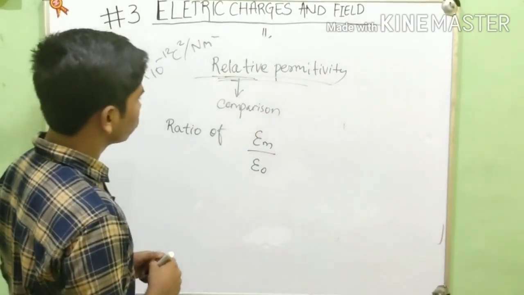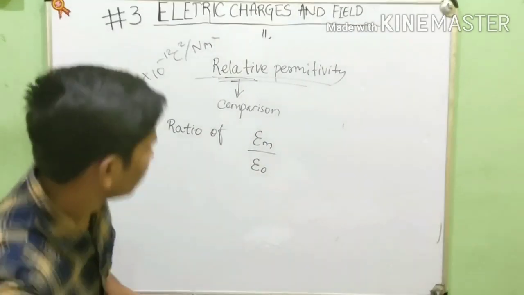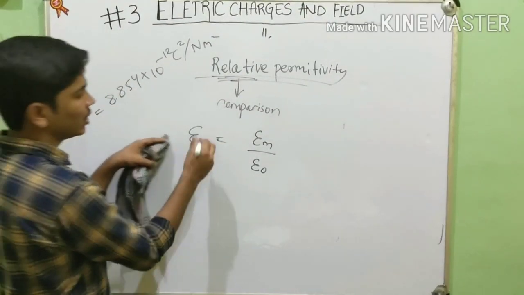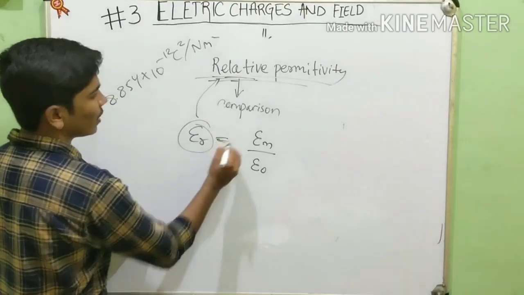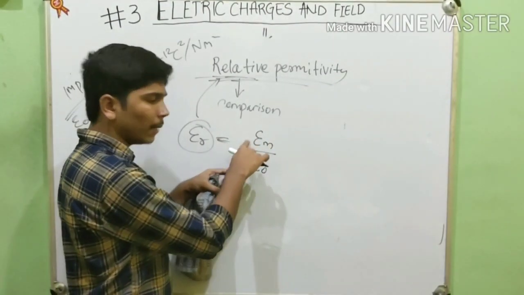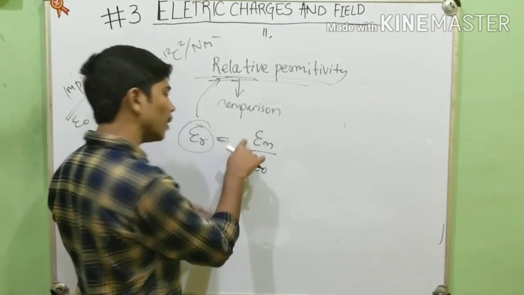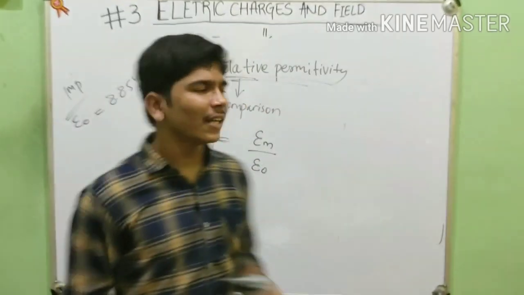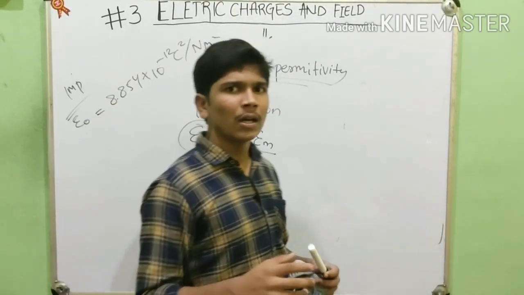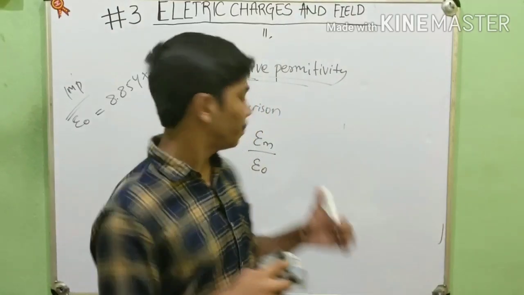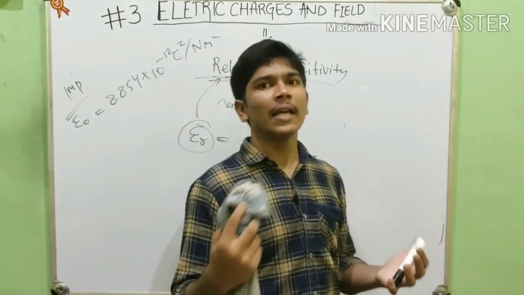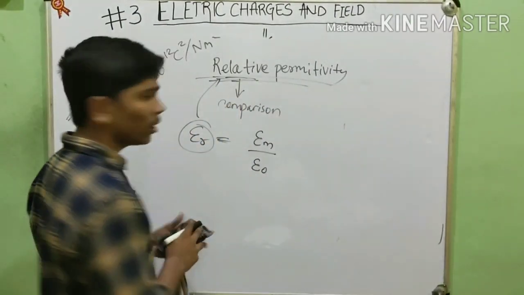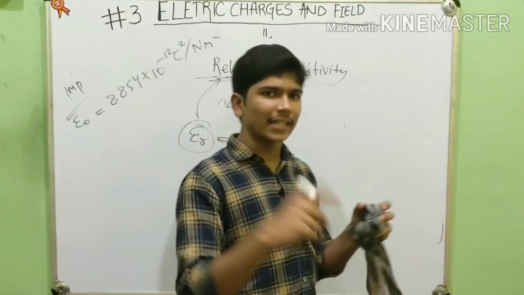So we can write that ER means relative permittivity. This is the symbol of relative permittivity. It is the ratio of the permittivity of the medium to the permittivity of free space or vacuum. In India, we generally consider free space as vacuum, and the value of E naught in free space as well as in air or vacuum is the same. We are taking it as the same, but they are slightly different.